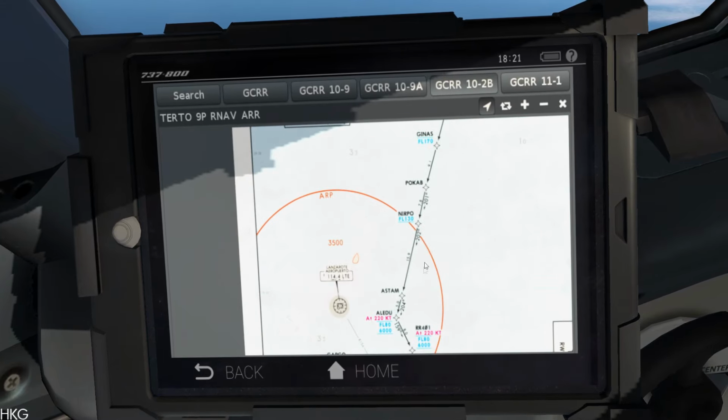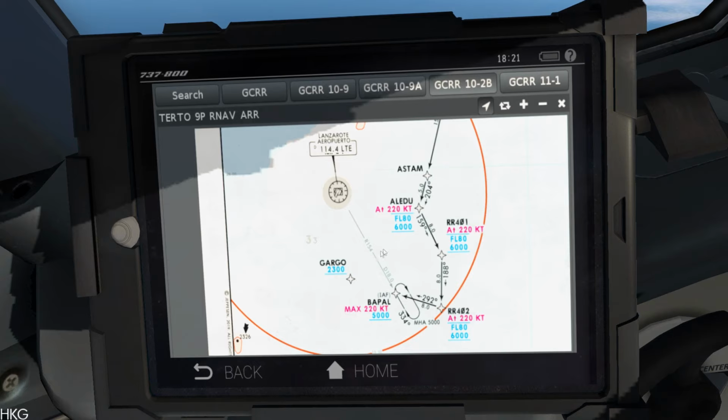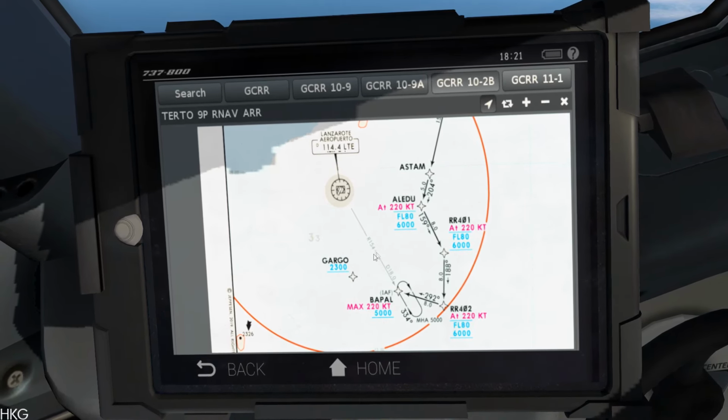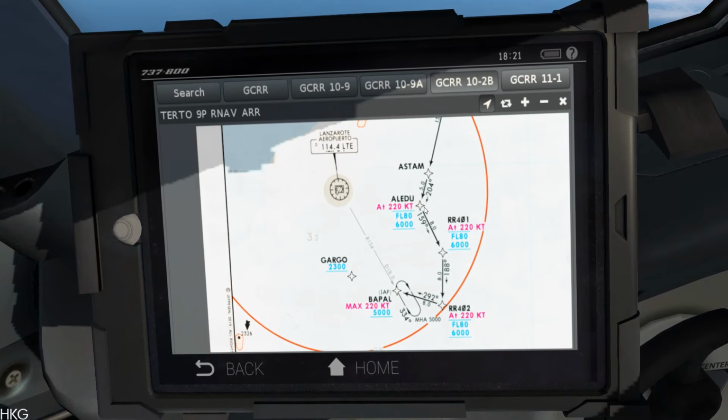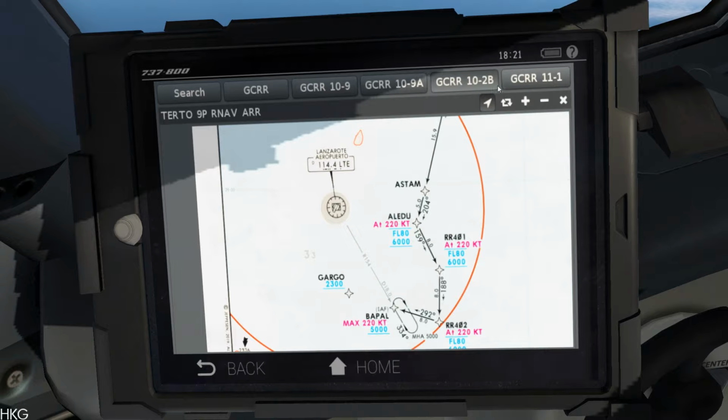Starts at Turto, all the way down. Now my plan is to probably start here, vector, and cut it short here. That's what pretty much every arrival does, cut it short and turn in to the ILS. Or if it's really good visibility, we can go around visually, but we'll see what happens when we get down